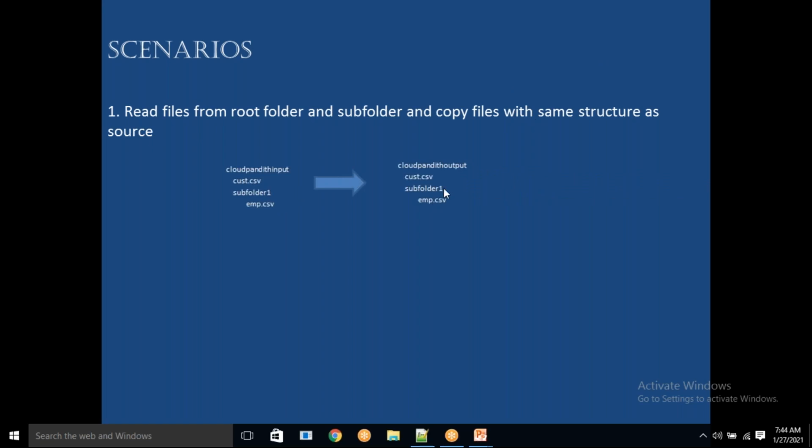When I copy this data into my destination, I need to move it into another storage in the same way. Let's say I have created two storages. This is storage one, this is storage two. When I am copying this entire data from storage one to storage two, I need to get the same structure. This is one of the behaviors that you can achieve. Okay, next.